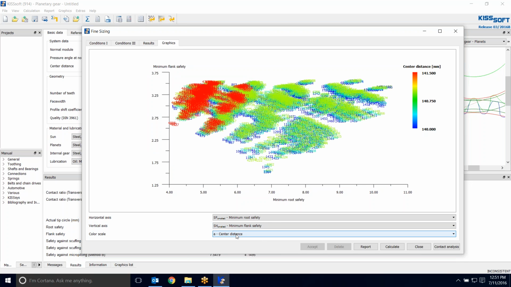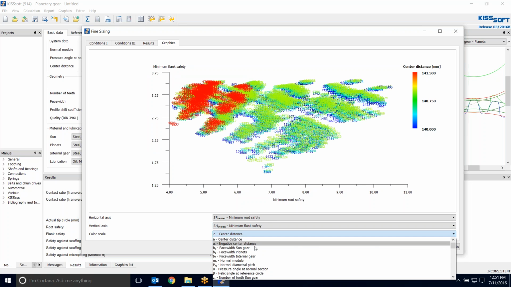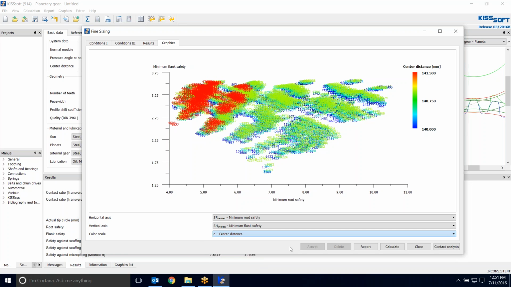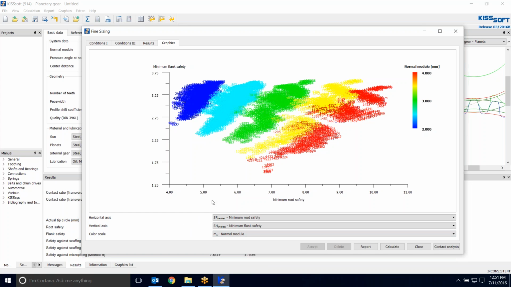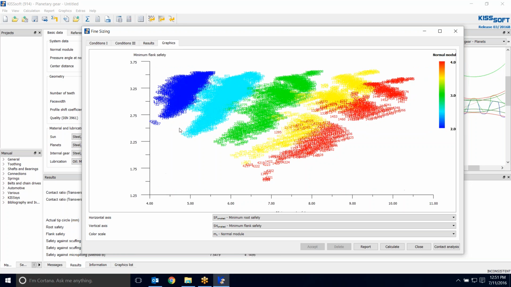All right, and then in our color scale, we might want to look at, in this case, normal module. All right, so we probably don't need to have root safety up in this 8 range, and we probably are fine with not having safeties up in this 3.75 range. So